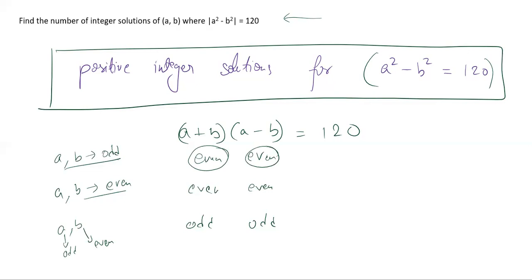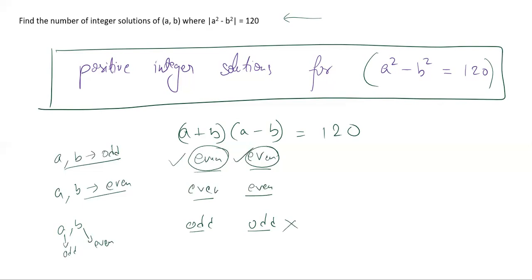There's a simpler way to actually judge this. You can check the difference of a plus b and a minus b, that is 2b. That should tell you something, but I'm not going into that as of now. The important part to understand is that these two factors, a plus b and a minus b, will be both even or both odd simultaneously. Now, if that is true, in this particular case, when we have the product of these two as 120, both cannot be odd, right? That is pretty obvious. So it automatically means they should be simultaneously even.